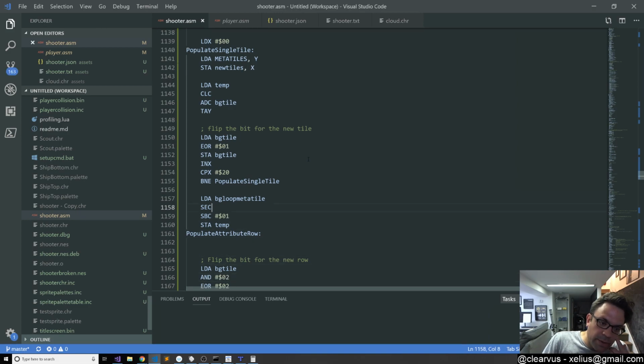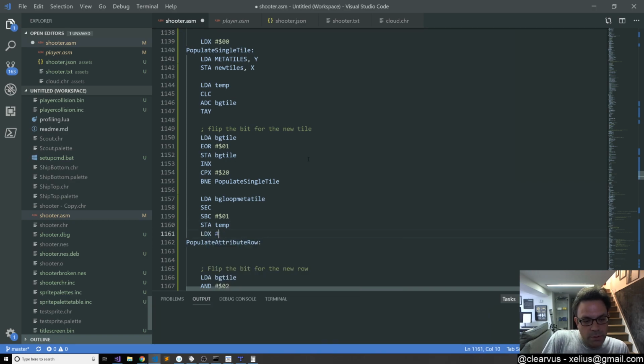I don't want to modify what BG loop metatile is, but then I want that into temp. And then load X with 0. And then compare that, and that should just be 8. Wait, should it just be 8? It's 8 attributes, but